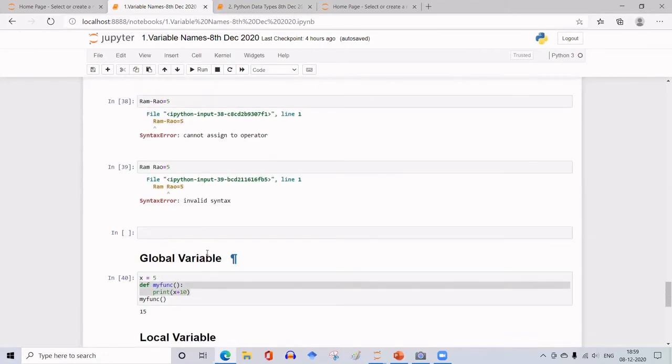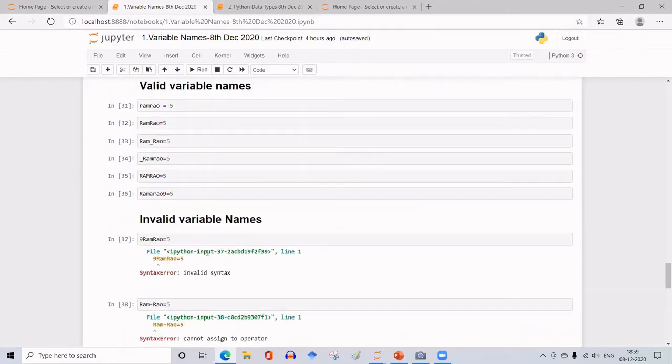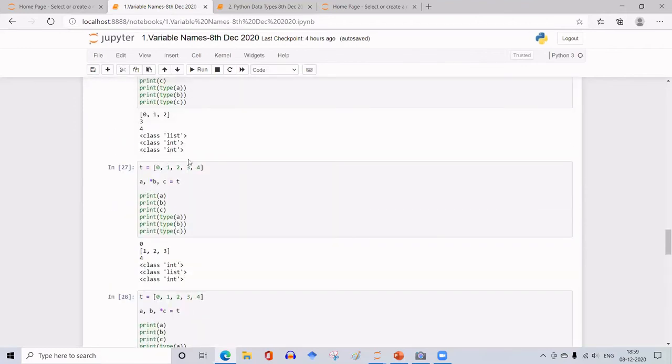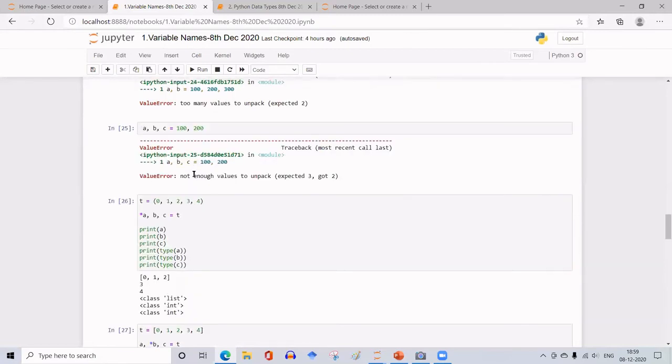Ma'am, it was taught here just above, so I got confused. In this line you are telling tuple and list. No, this is only an example for variable assignment, and you don't worry about tuple or list here. My next topic is the list. Today I'm not going to cover tuple. List I'm going to cover.